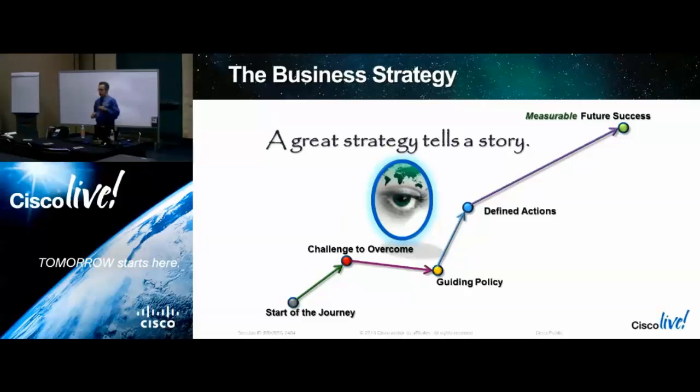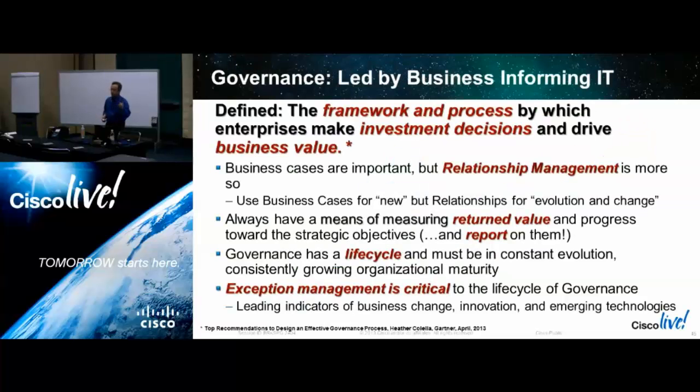It's not good enough to say, I'm going to be the biggest producer of green widgets in the world. Doesn't work that way. What you're going to do to overcome the obstacle or obstacles that you've defined, according to the tenets and principles that you've defined, that get you to the future state that you've defined as a measurable outcome, that's a good strategy. That tells a story. And that's what your strategy needs to do. It needs to tell a story.